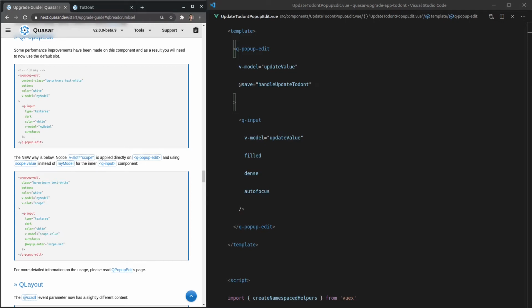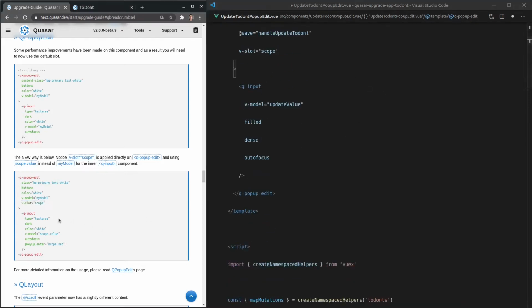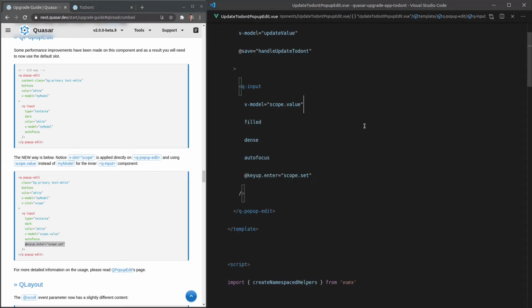Now let's go ahead and make this change. So the first thing is that we've now got v-slot equal to scope. So let's go ahead and paste that in there. The next thing is that v-model is now scope.value instead here. There we go, scope.value. And the last thing I want to do is say @keyup.enter, scope.set. So it is a little bit of extra work, but I'm happy to do the extra work for the